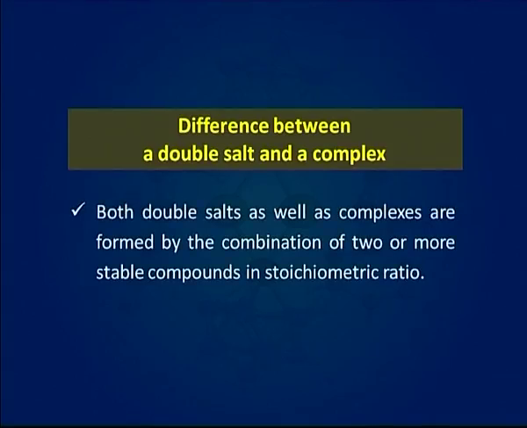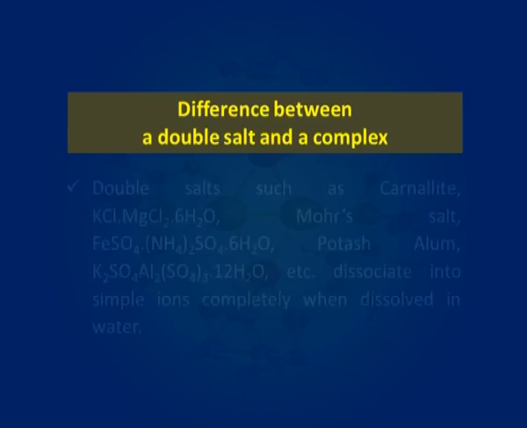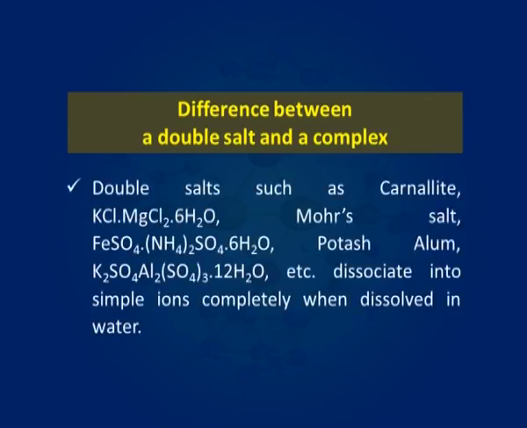Sometimes coordination compounds are confused with double salts. So, let us understand the difference between coordination compounds and double salts first. Both the double salts as well as complexes are formed by the combination of two or more stable compounds in stoichiometric ratio. They differ in the fact that the double salts such as carnallite, that is potassium chloride, magnesium chloride 6H2O,